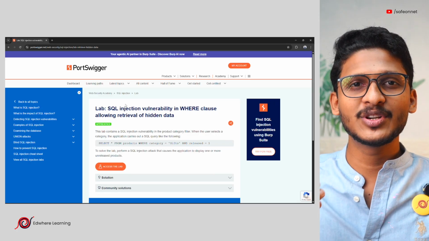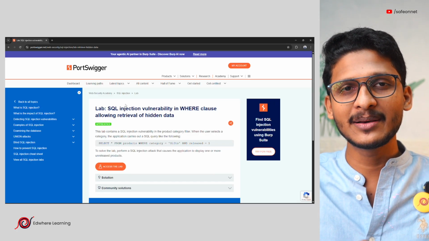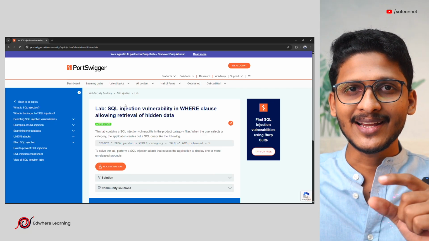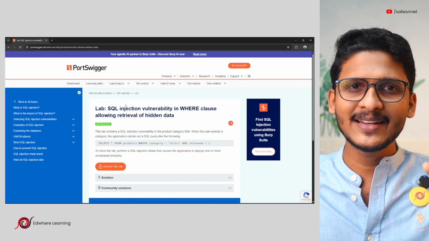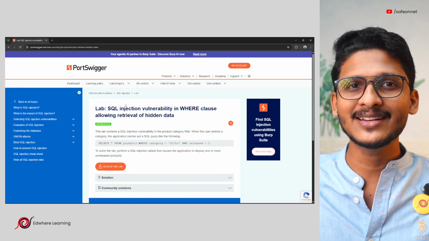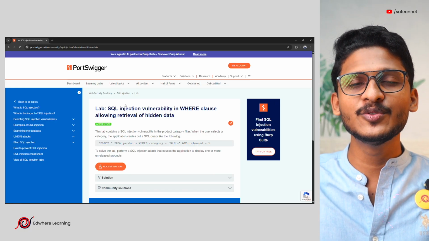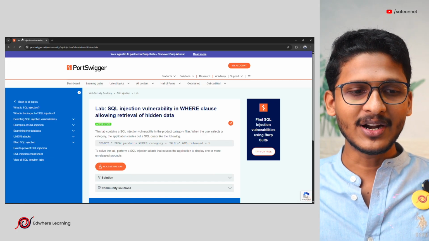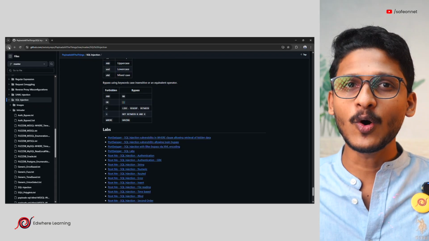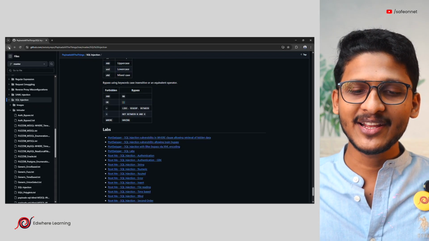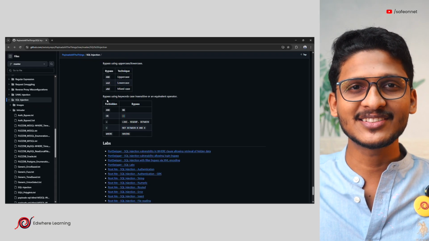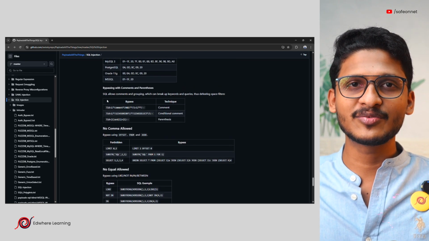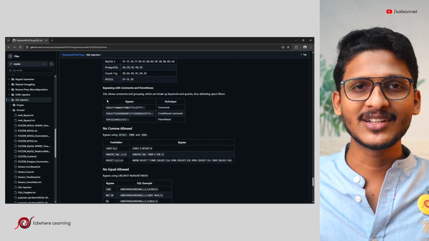From an education perspective, or from a beginner perspective, what you can actually do is go into a specific attack or vulnerability, then go down and find the labs for that, find the payloads to use for that lab, and test all these things hands-on. So this is a one-stop solution. This is a gold mine for anyone who is learning application security, and also for application security testers, you can use these payloads from this repository to do all the testing and everything.